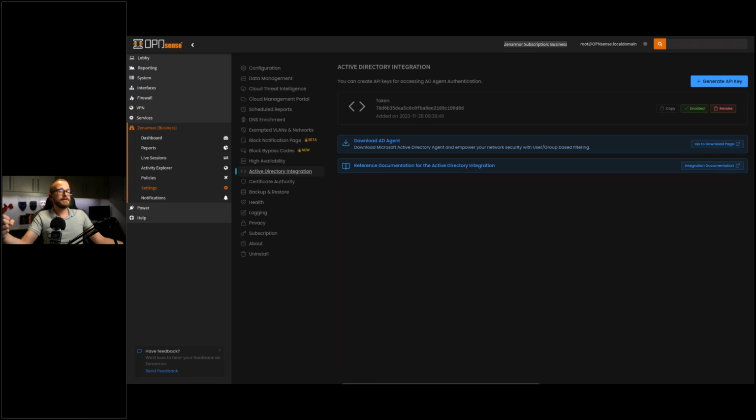So let's say you have an accounting department that needs access to only certain websites or certain tools. You can then limit them and give them access to only those particular tools, and you could then block everything else, for example. Perhaps marketing has a different set of requirements.